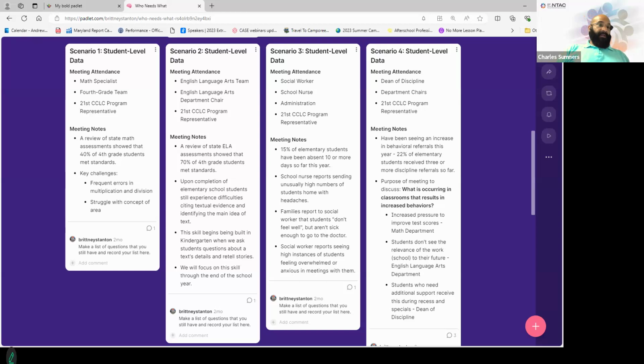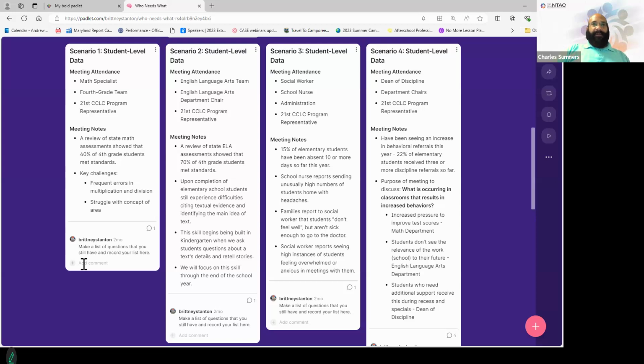So right here, I'm a C again, so I'm starting off with a meeting with our math specialist, the fourth grade team, and their 21st CCLC representative. So that's awesome. Looks like a review of state math assessment showed that 40% of our fourth grade students met standards. And it looks like some of the key challenges are frequent errors in multiplication and division and struggling with